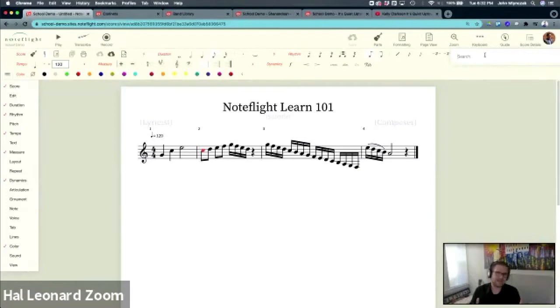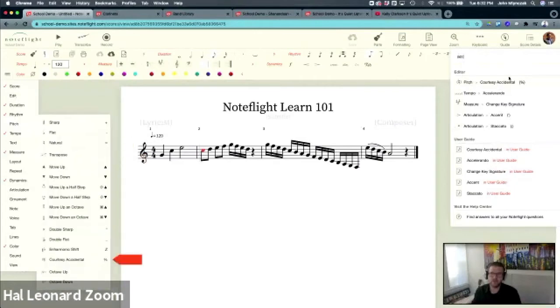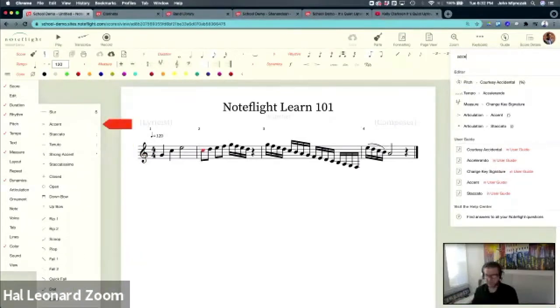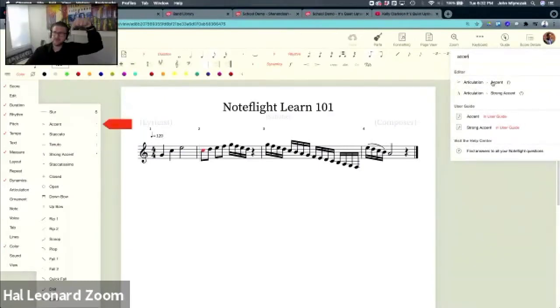So let's say I can't find accent. I'm just going to start typing accent. Notice it's auto searching as I go. So my fourth result is accent. I can keep searching and get down to it. There's accent. Now notice right underneath, it shows where accent is with a huge orange, Noteflight orange arrow, and it